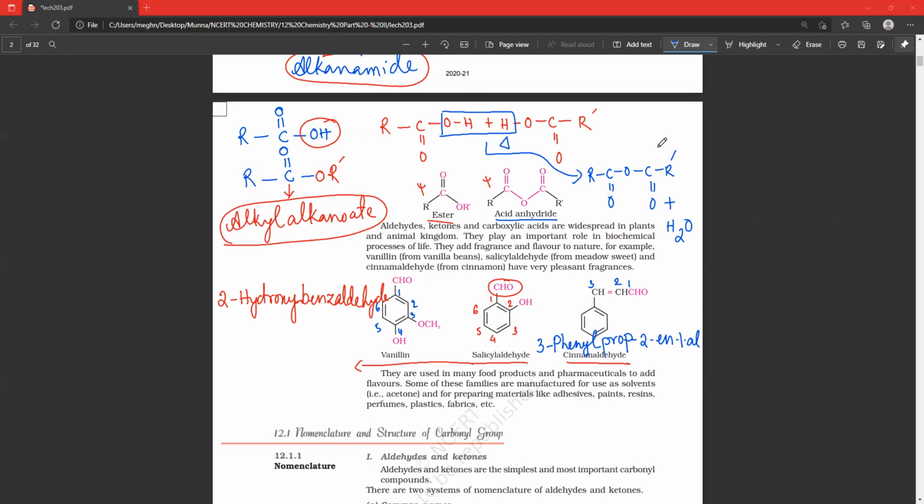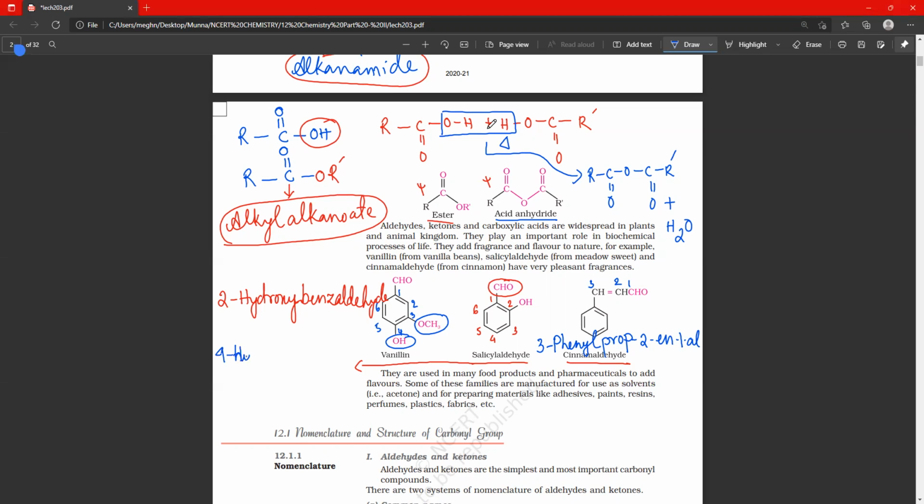Okay. Now everyone, all of you check. This one is a methoxy group and this one is hydroxy. So alphabetically, which one will come first? Hydroxy or methoxy? Hydroxy will come first. So the name of this compound is 4,